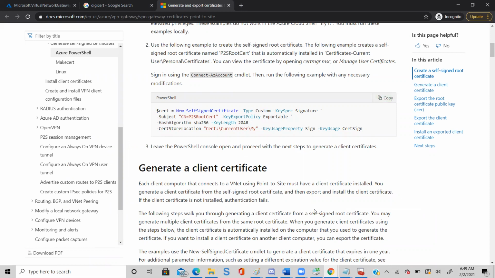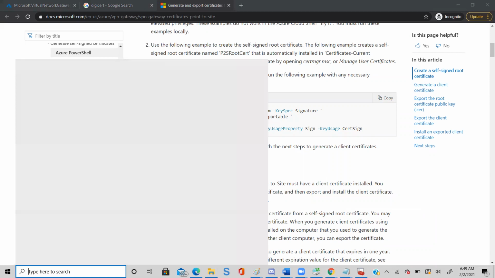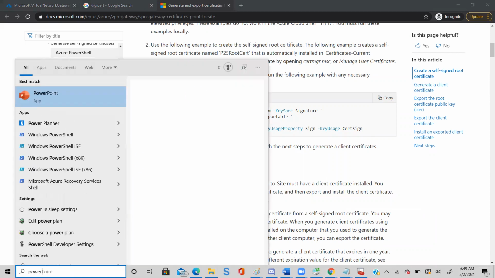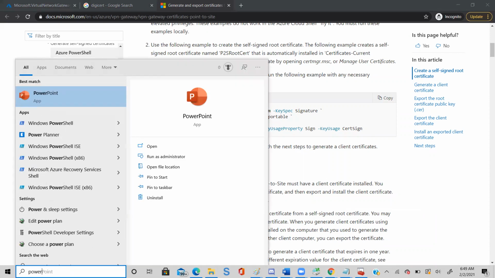Go to the start search button and type PowerShell. Right click, say run as administrator. You have a Windows PowerShell. Right click the PowerShell, it's written. Yeah, this one.